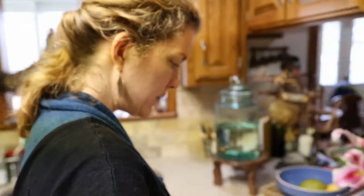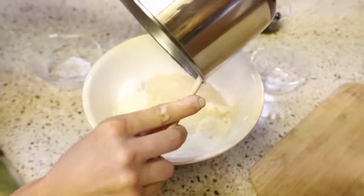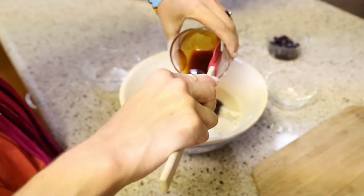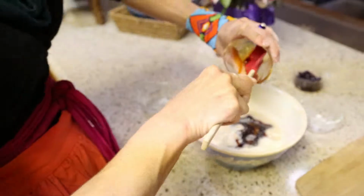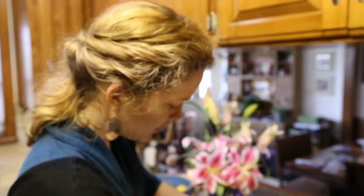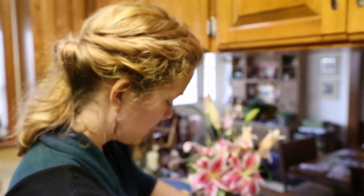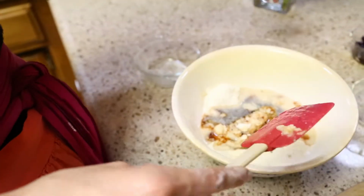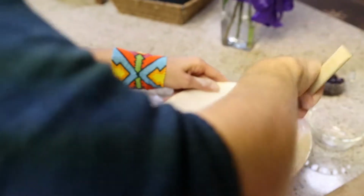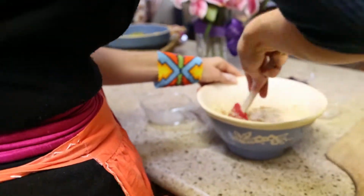So I'm gonna add the melted coconut oil. There, get my spatula. And then I'm gonna add 1/3 cup of maple syrup, or you could use agave syrup or coconut nectar, whatever you prefer, or honey. Then I'm gonna add 1 teaspoon of vanilla, and then I'm gonna mix it all together to form the cookie